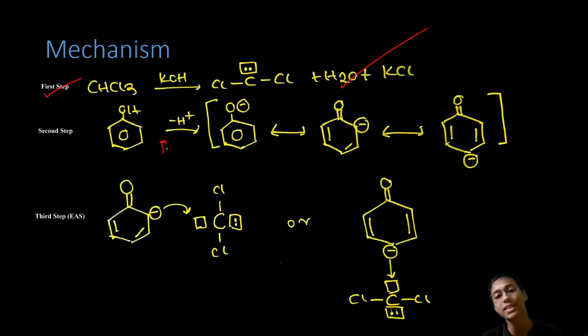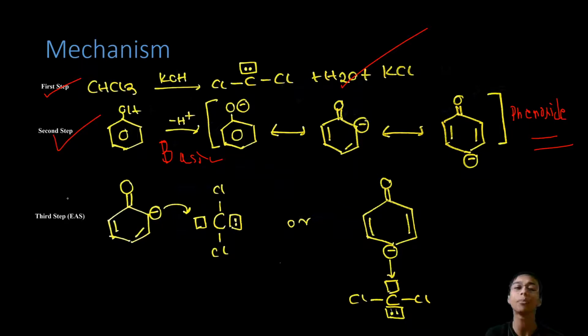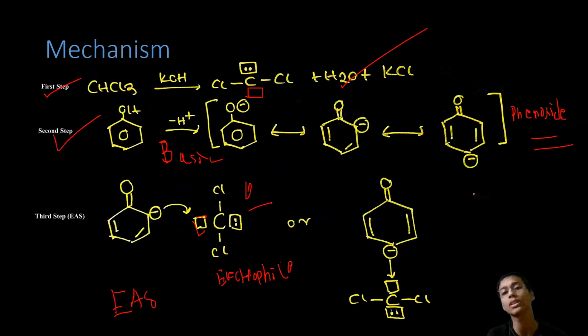Now what will happen, this is the basic medium as you remember. So phenoxide ion would be formed, this thing is called phenoxide ion. Let me write with the mouse, and please appreciate I'm writing with the mouse. Okay, this is the second step done. In the third step what happens is the EAS. As you know, this vacant orbital, which I had forgotten to draw here, EAS happens as this is an electrophile, it loves electrons. This was the ortho substitution, this is the para substitution. So the EAS happens. Now we are sure this was EAS.